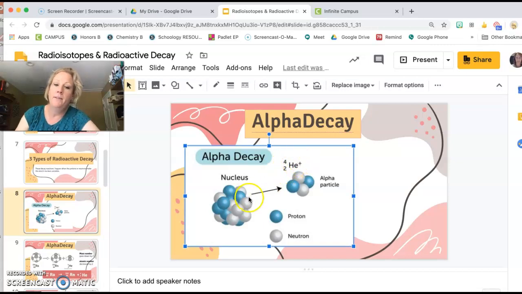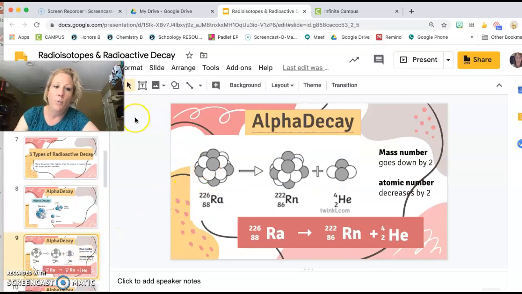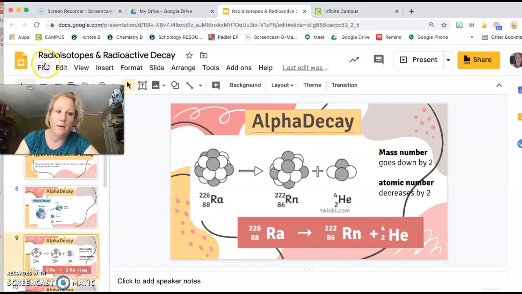And this is what happens when a nucleus overall is just too big. So it will kind of try to rearrange and get itself to be more stable by emitting an alpha particle. So then when you look at the way this shows up in